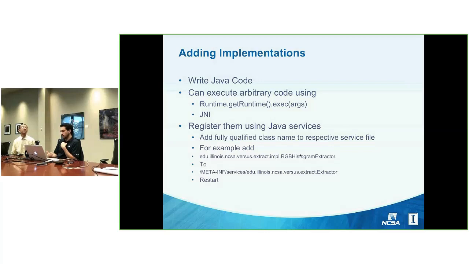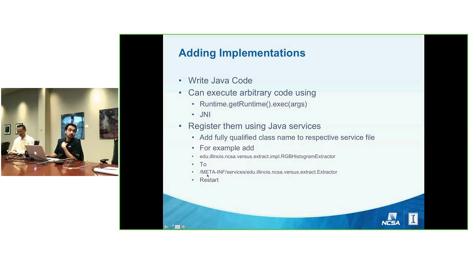And then the third thing that you have to do if you're adding implementations, which is the most important, not the most important, but it's a very important one, is you have to register them using Java services. And again, I'm going to show in the code how this works in a second. But primarily what you're doing is you're saying, for example, let's say you just created this particular RGB histogram extractor, so you wrote some Java code, you put it in a class, and now you want the system to know that this extractor exists, right? So that you can show it on the list when it tries to run it and knows how to find it. Then we use this built-in Java services